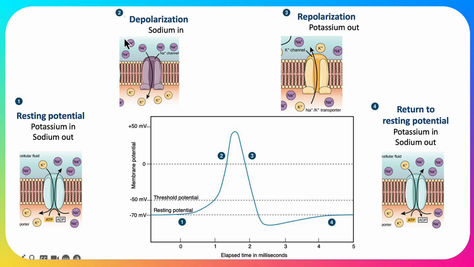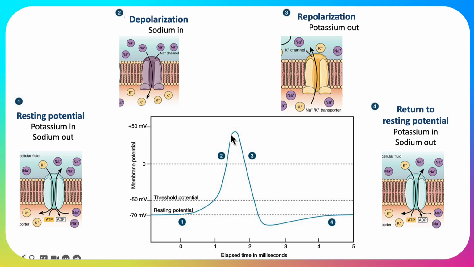Then, to make the membrane become positive on the inside, or the neurons become positive on the inside and negative out, we need to rush something positive in very, very quickly. Okay, remember how we set it up. So we put the potassium in and the sodium out. Well, to make it really positive really quickly, the sodium comes in. Okay, so the channel opens up and the sodium rushes in very quickly, passively along its concentration gradient. So all these sodium ions rushing in makes it positive.